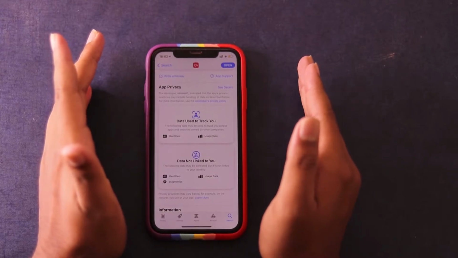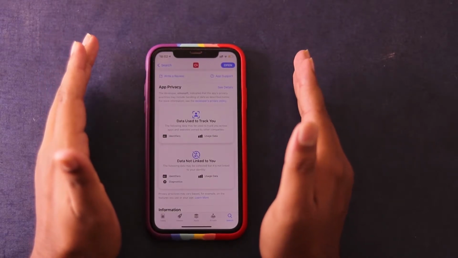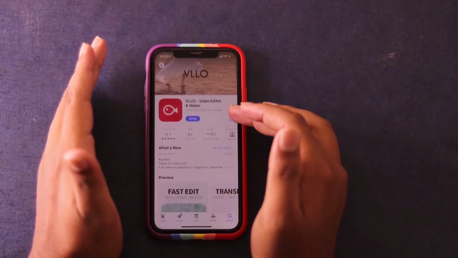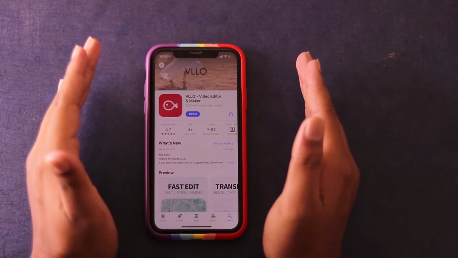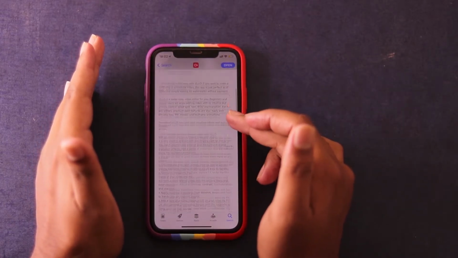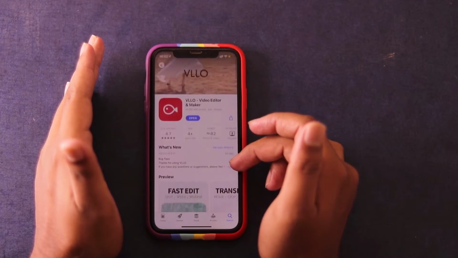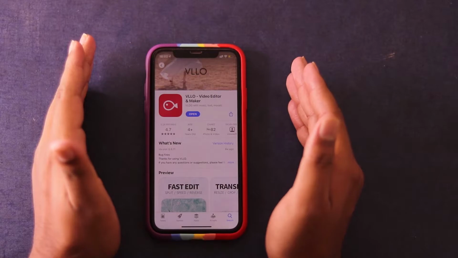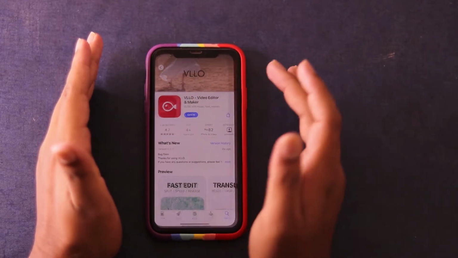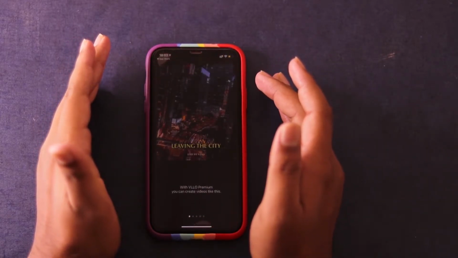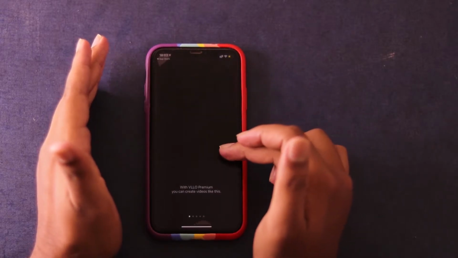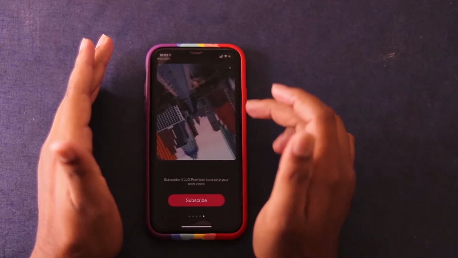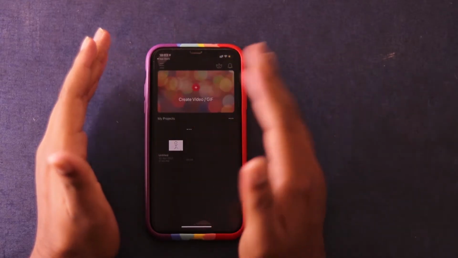Basically it requests you to give access to your gallery, as it needs to access the photos and videos from your gallery. That's the main concern this app has. Another privacy feature is that you need to log in with your Gmail ID, or you can log in with Apple ID as well if you are an iOS user. So just open this app. Okay, so this is a description about this app, what all it has. Let's close it, and here's the interface.